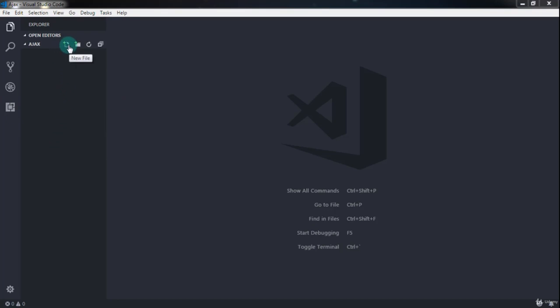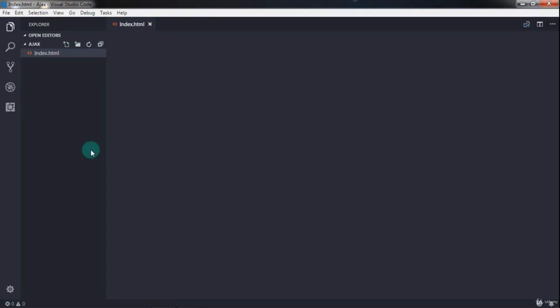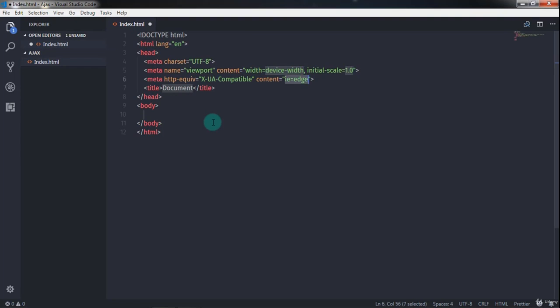I will create a simple index.html file. In this file, I will create a simple HTML5 snippet and change the title to Ajax. Just after that, in the body section, I will create a division tag. I will say div and specify class container. And in this division tag, I will create an h2 heading tag and specify text